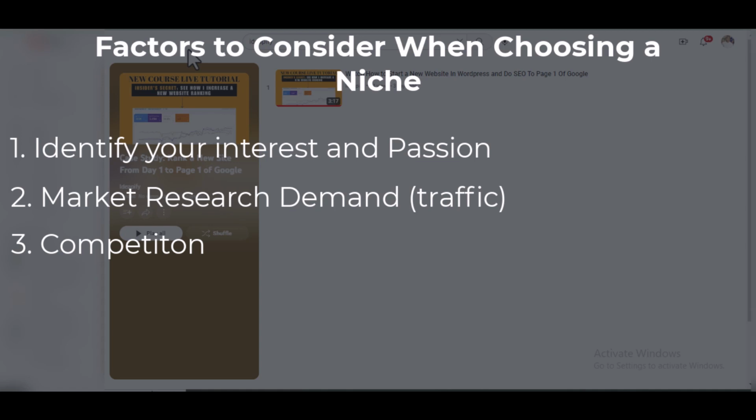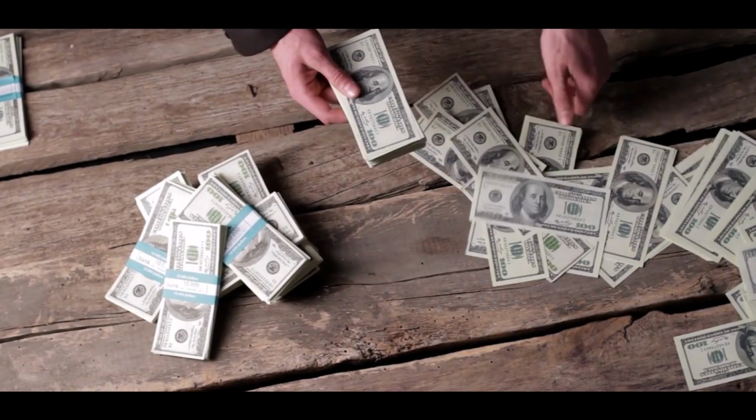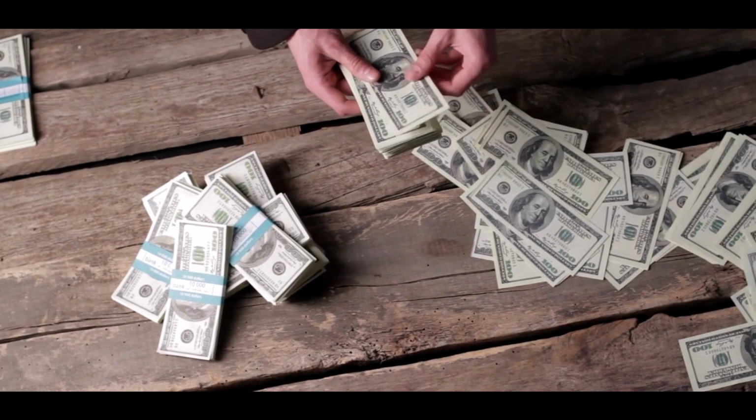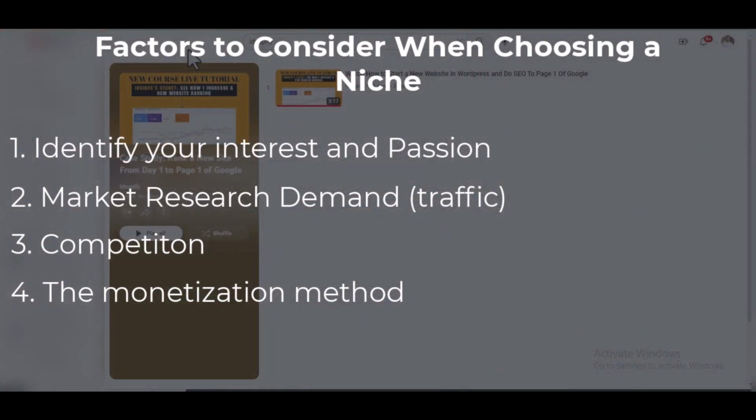And the last thing you need to consider when choosing a niche is how profitable it is. That is, can you easily make money from it? Different niches have different ways to make money. Some niches may have more opportunities for making money, such as affiliate marketing, sponsored content, or selling products or services. So make sure you research the different ways of making money on your niche before you choose the particular niche. But the truth is, once you can drive traffic to your site, you will definitely make money. Once your site starts ranking high on Google search results, you will make money.